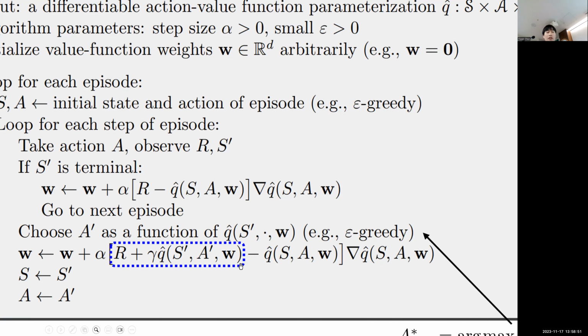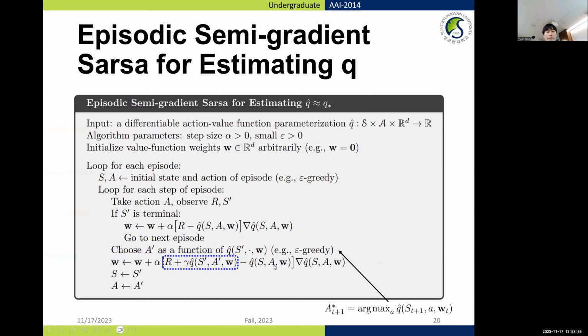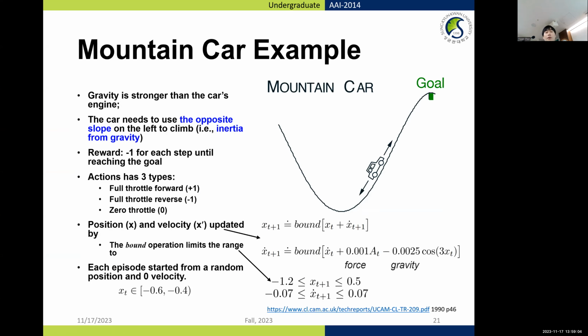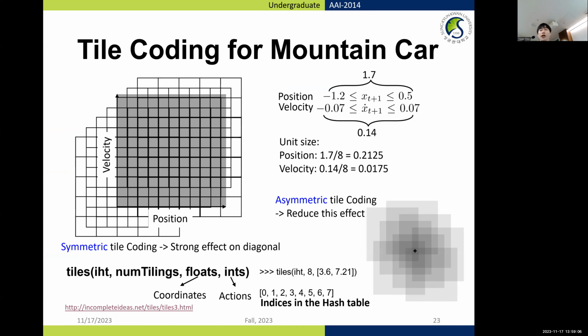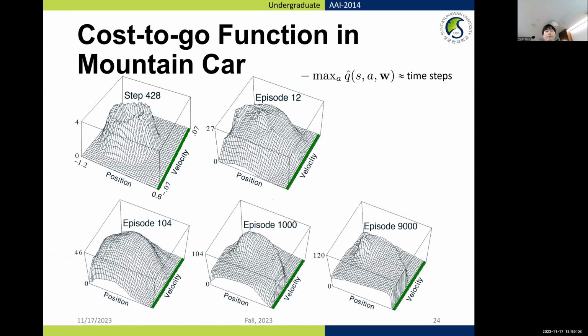Yeah, 8. Yeah, it's not 8 plus 1. Okay, this is how you can use the tile coding to get the optimal policy based on this algorithm. Next, we're going to move to this